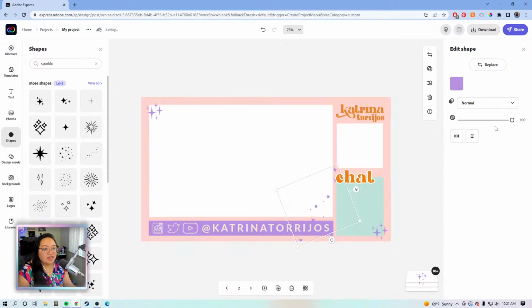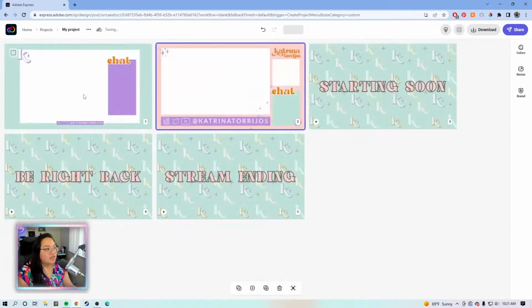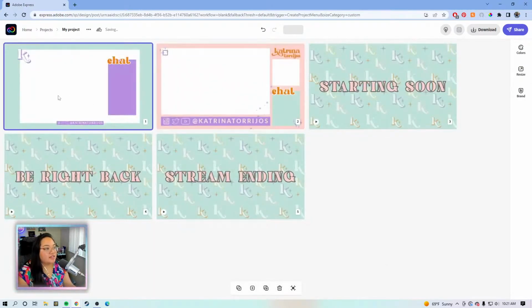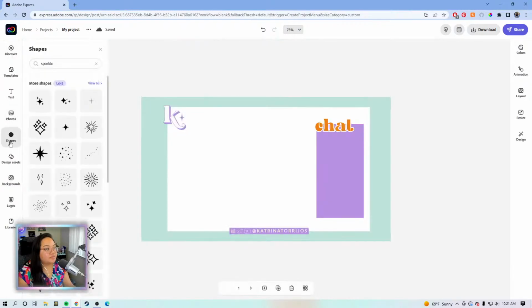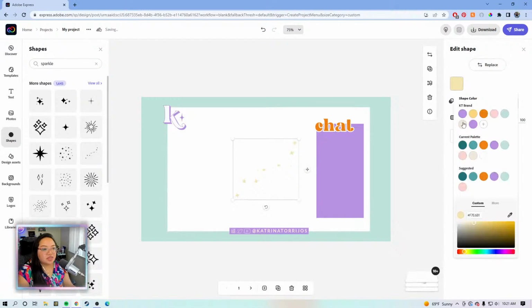Just do that, and then maybe let's turn on the opacity on this one. Okay, so that's looking pretty good. And now we're gonna see what we got here. Okay, let's add some here. I really like this one. Oh my gosh. Okay, I'm gonna go with this one. I'm gonna make it